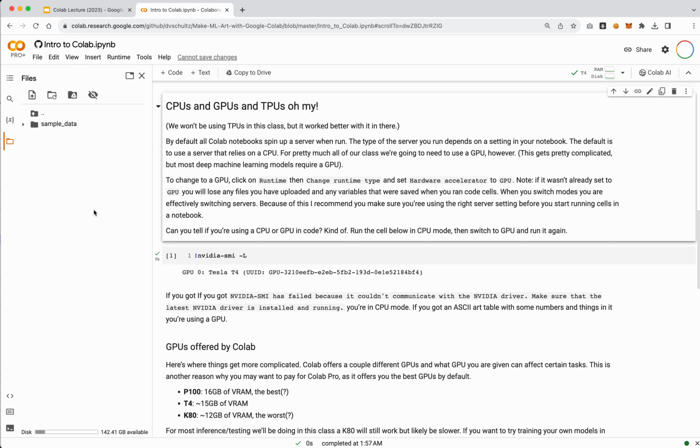Now, what we're going to mostly do in this class is actually just connect to our Google Drive, and then a folder in here is going to show up with our Drive account. It's kind of crazy that we'll see everything from our Drive now in Colab. It's a really powerful tool here.